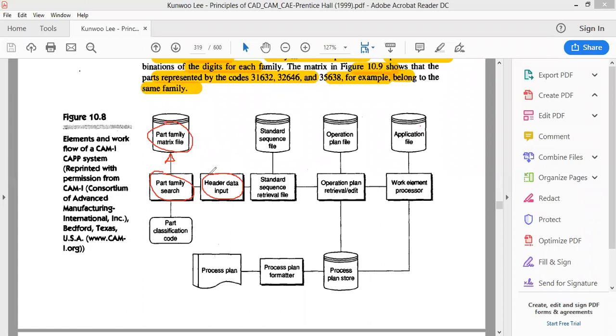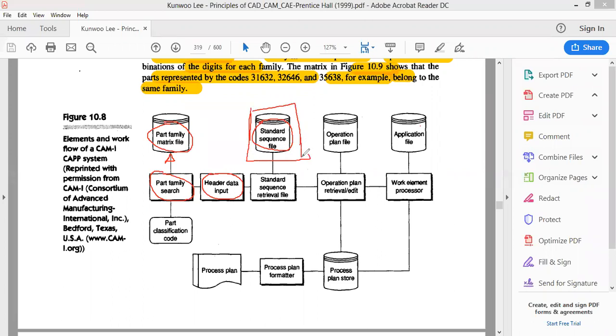So once that is given, it is going to identify the sequence of operations that it can do. So here is going to be the logic for the operation that is going to be written, right?